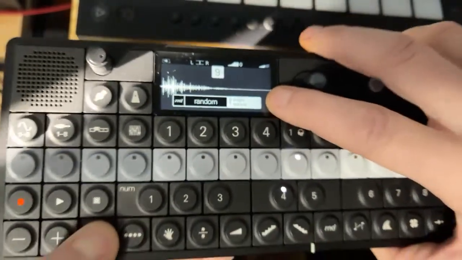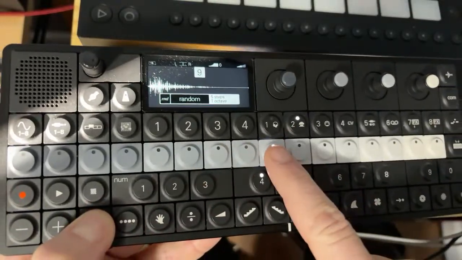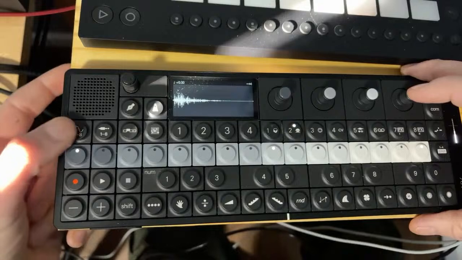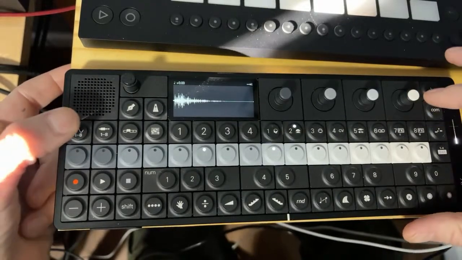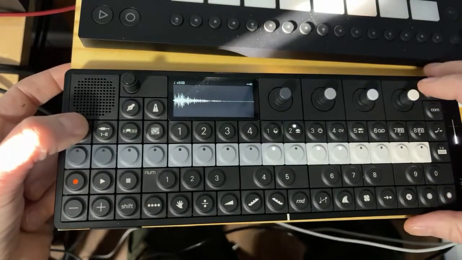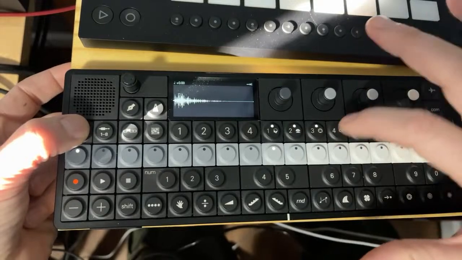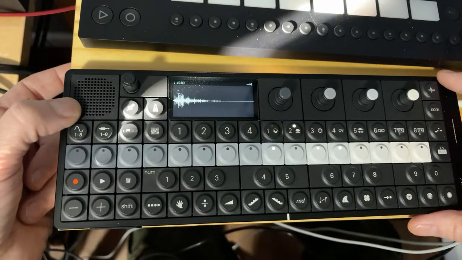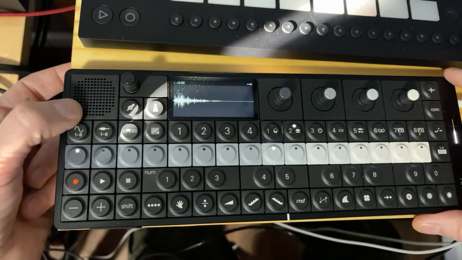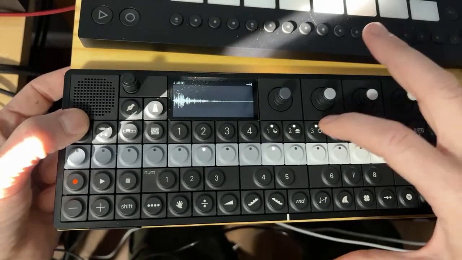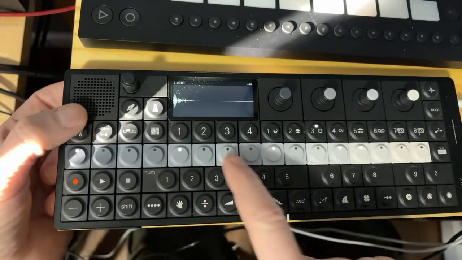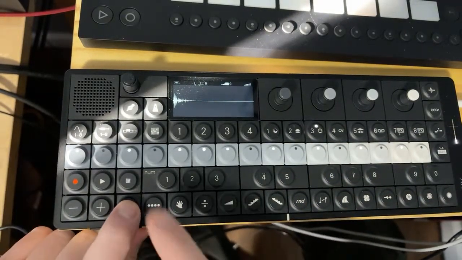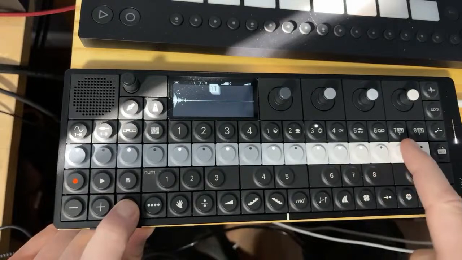So remember that if you hold down shift and you touch a note that you programmed, now let's see what happens. That's the snare drum at random. So it's a different sound every time instead of the same sound, right? So same with the hi-hat. What if you don't want this to be some boring hi-hat, right? If I hold shift and I touch a couple of them and I touch random,